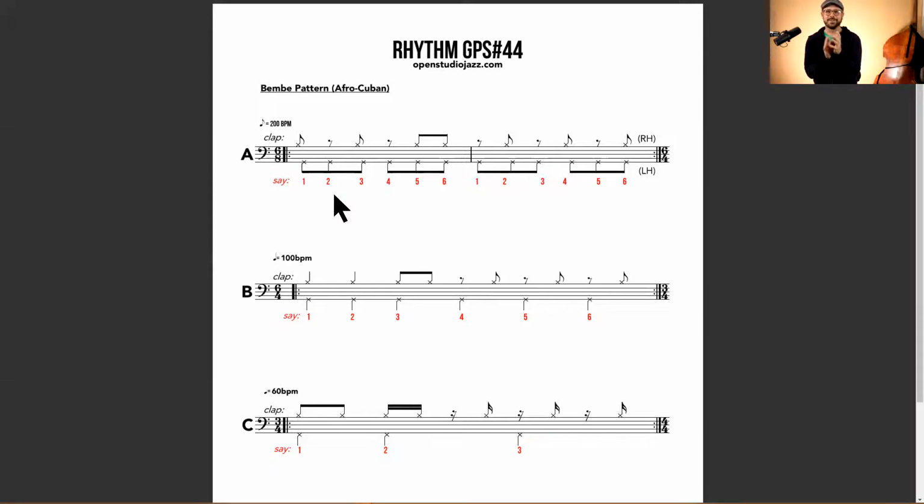1, 2, 3, 4, 5, 6. 1, 2, 3, 4, 5, 6. Okay? Then looking at letter B, you can think about this in 6/4, and we'll break all this down. We'll shed all this. We're just going to be counting and clapping stuff today too. You can put this on an instrument if you want to, but I think it's going to be good to put these between our hands today. So if we look at letter B,